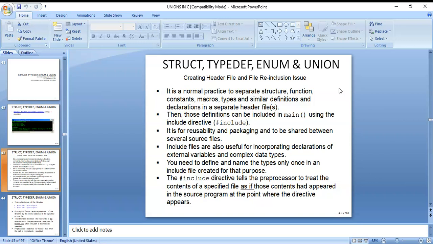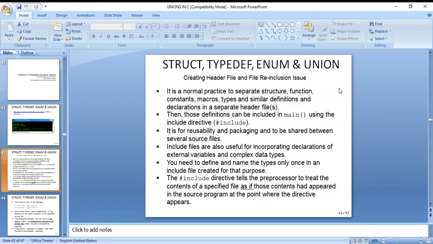Here also, when you use #include, that is a directive, the include directive. Your code you write in the editor and save with the .c extension. Only then can you compile and run your program.